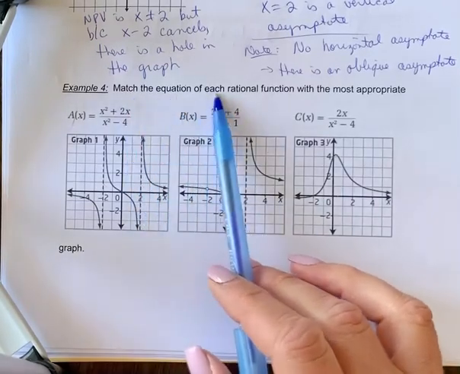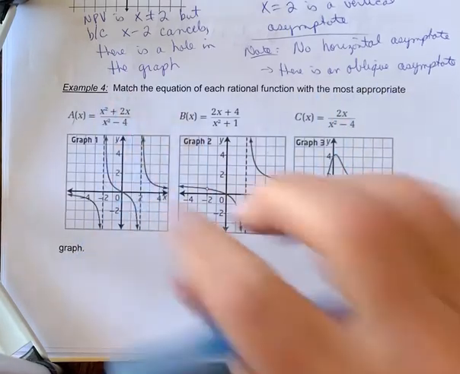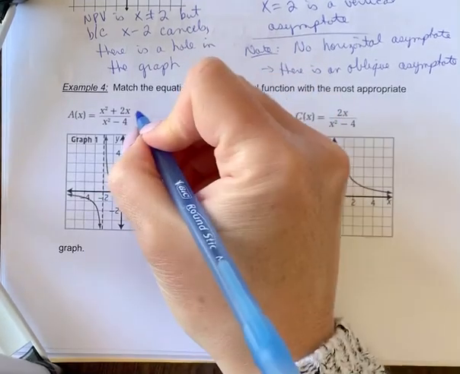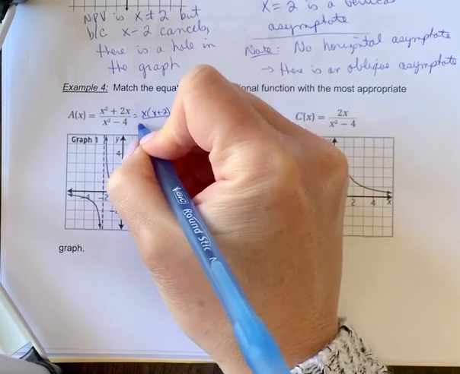Example 4, match the equation of each rational function with the most appropriate graph. So if we're taking a look here, we really just need to use the asymptotes or holes in the graph to help us. So if I was to factor each of these equations,